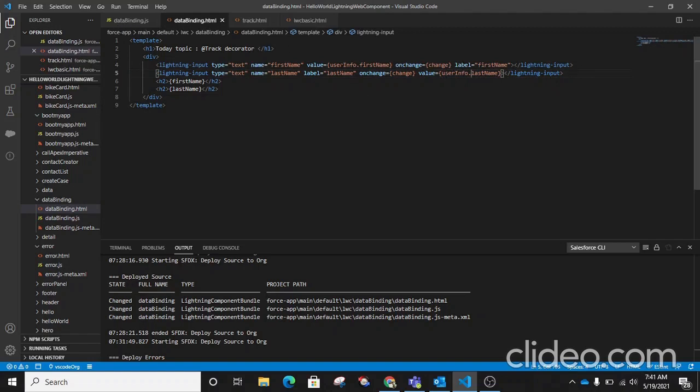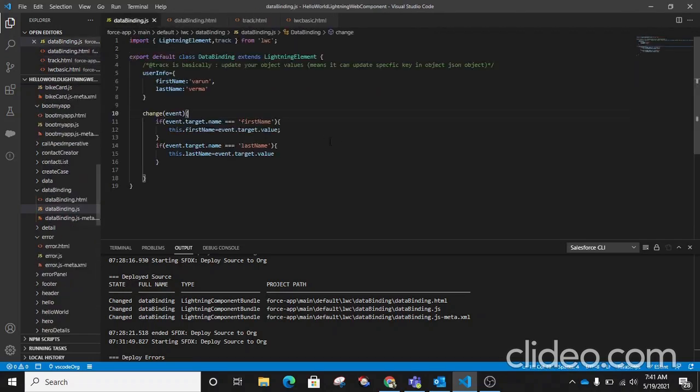And in the on change function I want to update these values. So let's go here. I'm commenting this code right now.